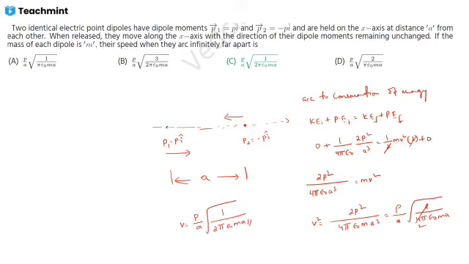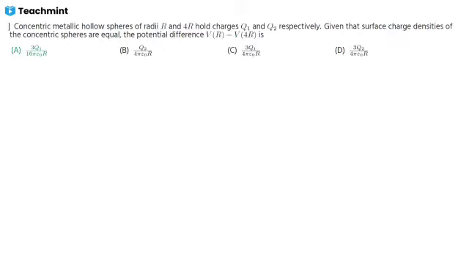Okay, so now let us see the next question, children. Concentric metallic hollow spheres of radii capital R and 4R hold charges q1 and q2 respectively. Given that the surface charge densities of the concentric spheres are equal, now the potential difference. Surface charge densities are equal, and now they are asking the potentials. So V is equal to the integral from R to 4R of E into dr, we can write. Okay, so that is